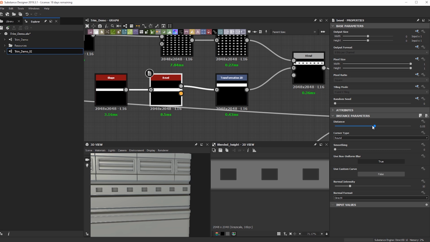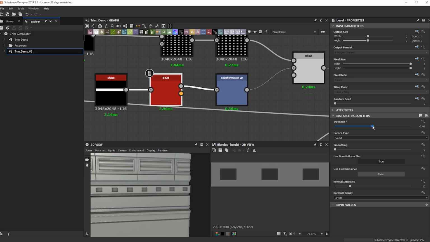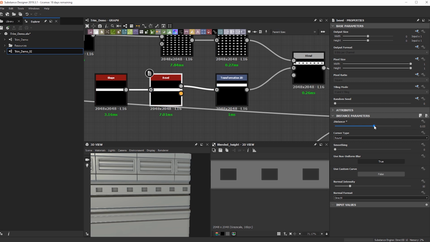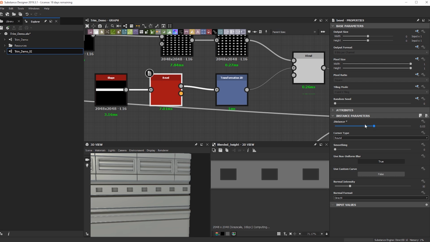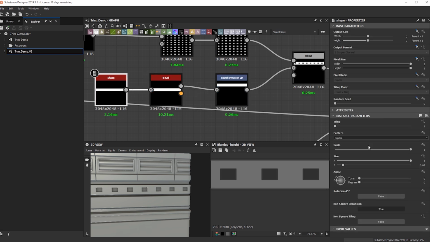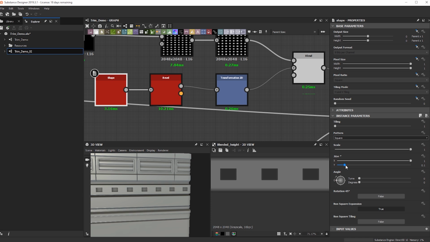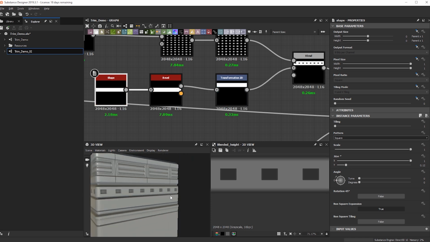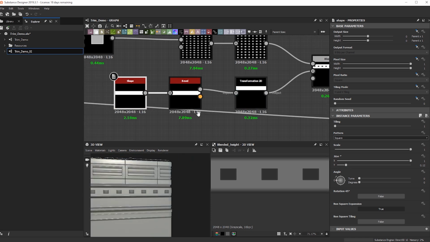So just so that's not as intense. Like maybe something like that. I also want to bring up the shape as well, so it covers the entire panel area that we have here. Cool.